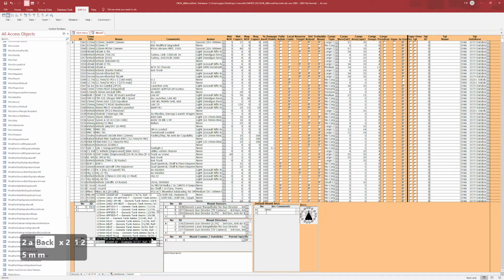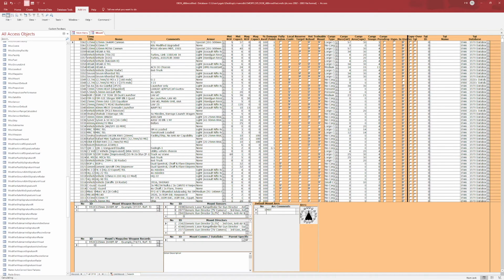And I can now take the example magazine that we created just a while ago. Now note there are two here, because remember it's going off weapon records. The second one here is going to be the one that's going to act as our magazine. So now that we've created that, we have a separate magazine from the weapon itself that it can draw ammunition